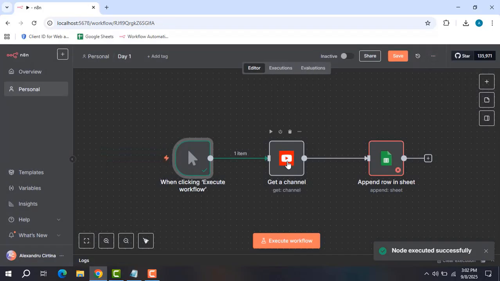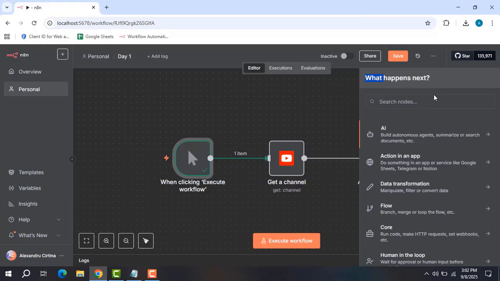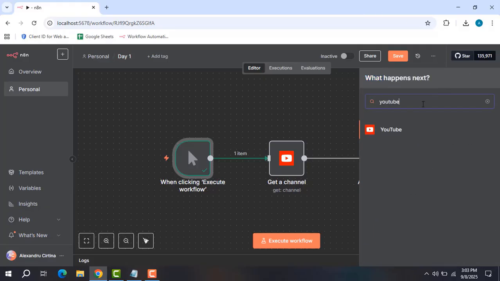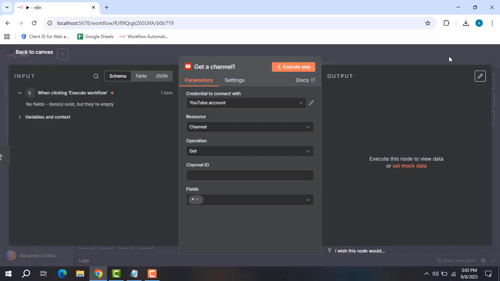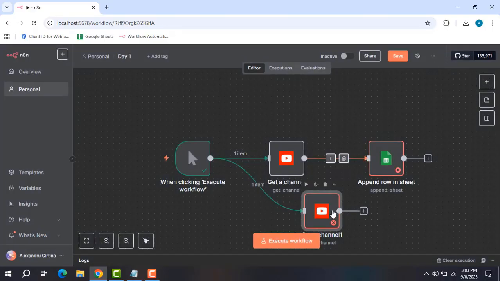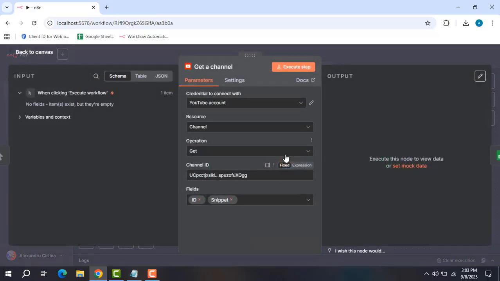And this is the YouTube node. Here you type YouTube, and get a channel. This is the function: get the channel. Let's delete this now. And here you have to configure your YouTube account